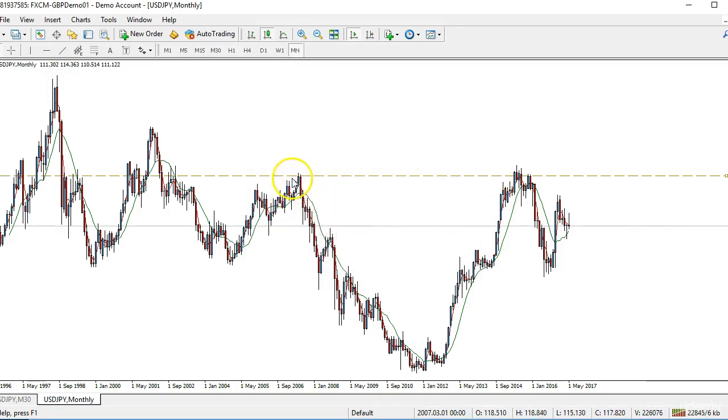And what you can see is that when price reached this level, which was about the 124 area, it reversed very strongly back in 2006. I think it was 2006, 2007. Okay, 2007. And it hit that area again in 2015, dropped down significantly,